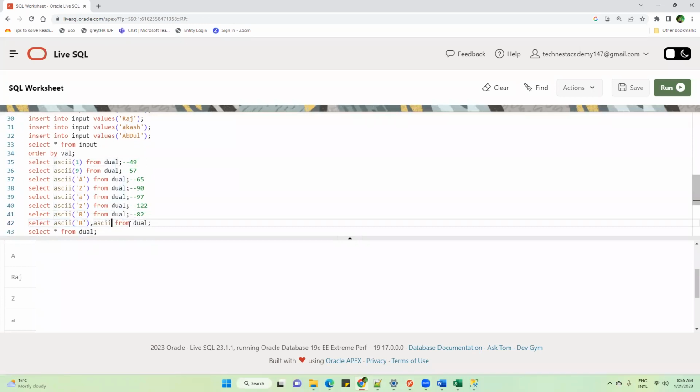Yes, multiple columns, right? Okay. One thing I will tell you: this ASCII that I'm teaching is just for your reference purpose. You never have to use this and never mug up these values for an interview. And never ask what is the ASCII value of A or the ASCII value of Z. At max, if you want to remember just one thing: all the uppercase has a lower ASCII value as compared to the lowercase.